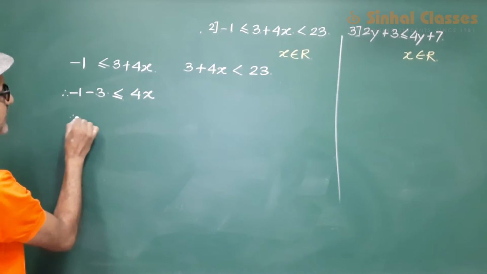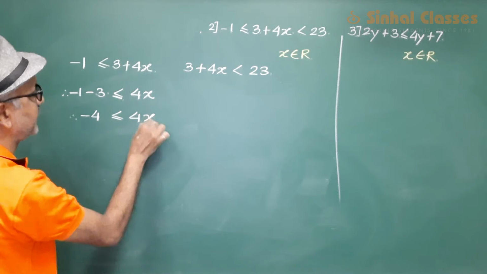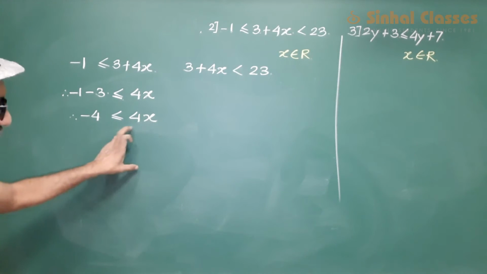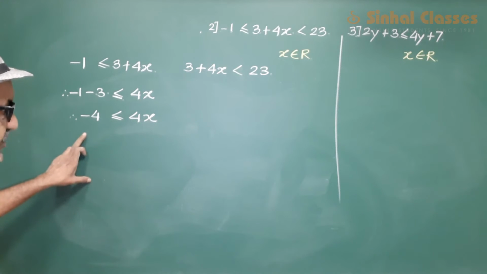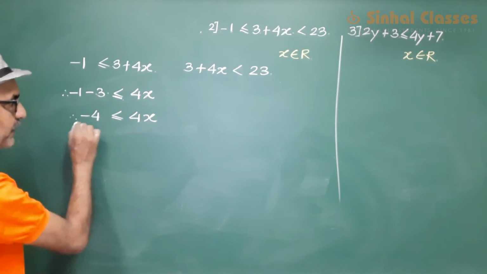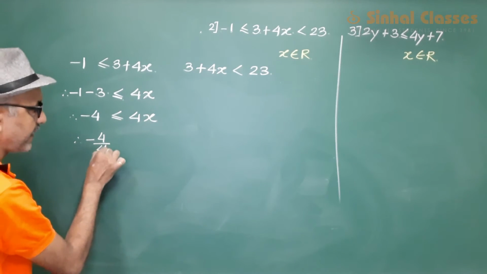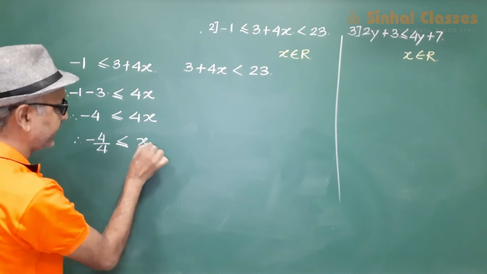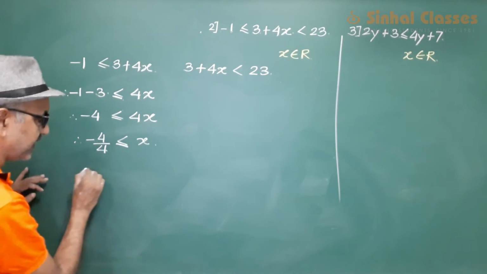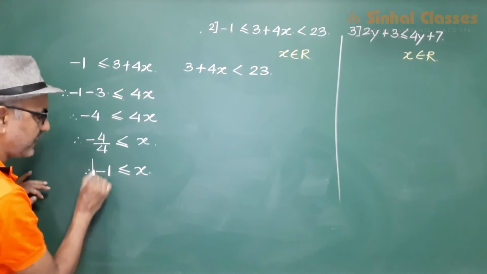Now this is minus 4. Divide both sides by plus 4. Now when you're getting this 4 on this side, what you're actually doing is dividing both sides by plus 4. So when you divide both sides by plus 4, the order relation does not change. You are dividing both sides by a positive number. So you get x is greater than or equal to minus 1.